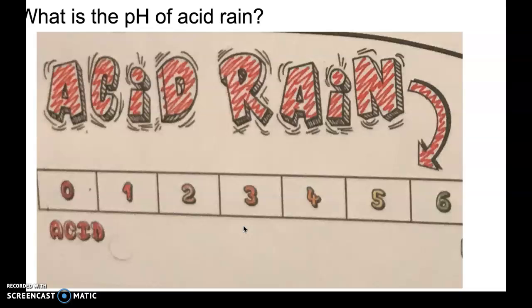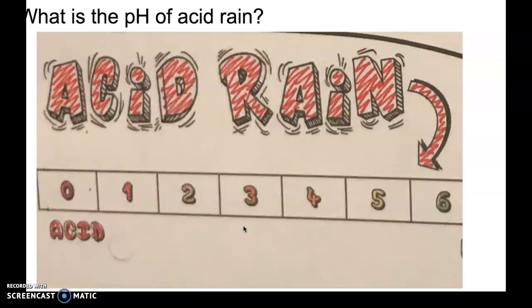Again, let's look at that pH scale here. So we've learned a lot about the pH scale, but where does acid rain sit on this? Acid rain actually sits at about a 5.5, which means that it's getting to be pretty acidic. Remember we said coffee is around 4 or 5, so that's a little bit less acidic than coffee, so it could do some damage. Right, so that's why we consider it an air pollutant, because it comes from the air. But the acidity of that rain can actually cause the